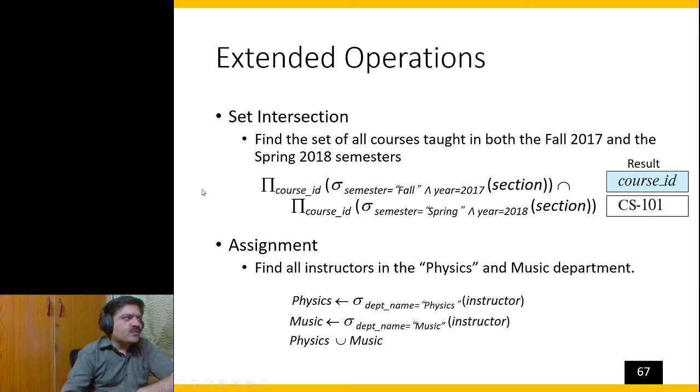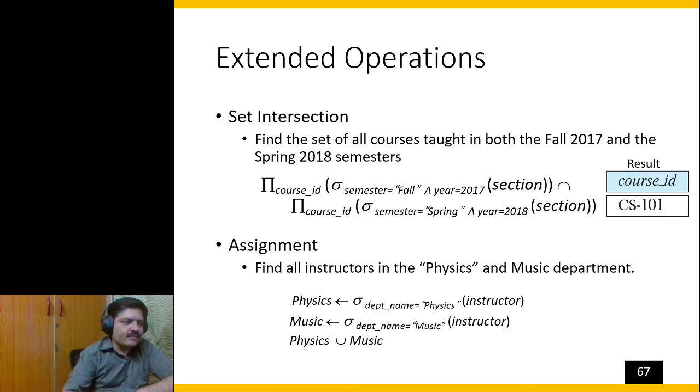Set intersection is one example of an extended operation that we have already seen. And assignment is another example. So let me explain what an assignment is. So let's say we have a query, find all instructors in the physics and music department. What would I do? So one way to do is to write a complex long query, but another way is